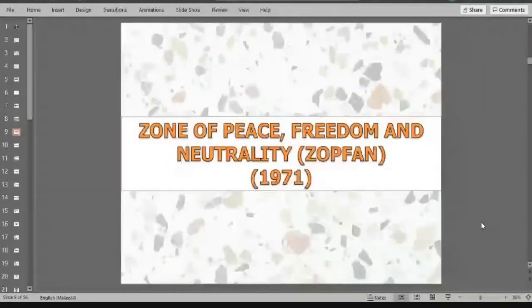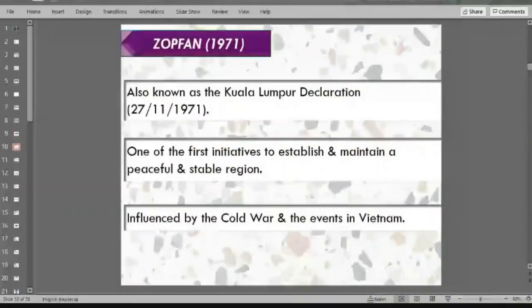All right, so now move on to the next mechanism for political cooperation, which is the Zone of Peace, Freedom and Neutrality, or ZOPFAN, in 1971. So ZOPFAN, also known as the Kuala Lumpur Declaration of 1971. So this concept of ZOPFAN was actually the idea of our second Prime Minister, Tun Abdul Razak, and it was mainly due to his own national